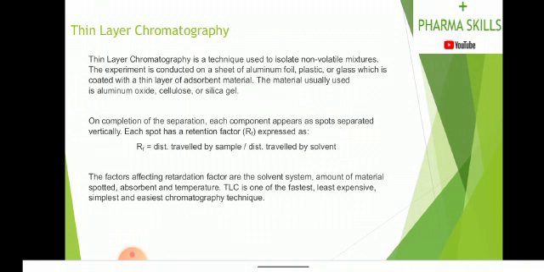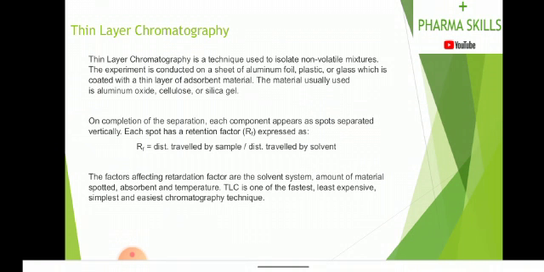The sheet will be coated with the adsorbent. The adsorbent here is nothing but the stationary phase. The adsorbent will be coated in a thin layer. The materials we use as adsorbents here are aluminium oxide, cellulose or silica gel. These are the adsorbents which we are using.